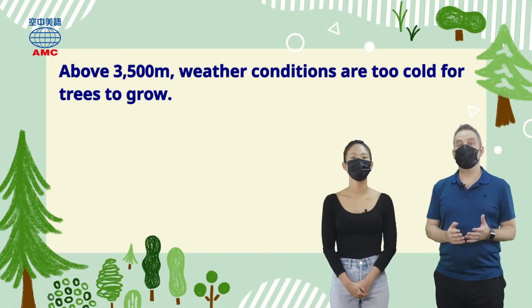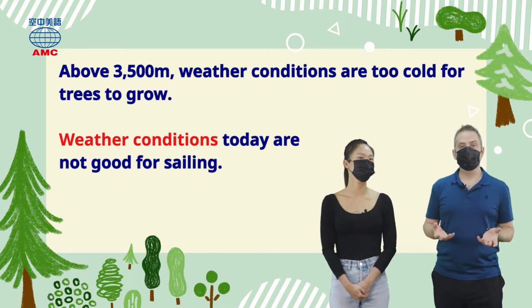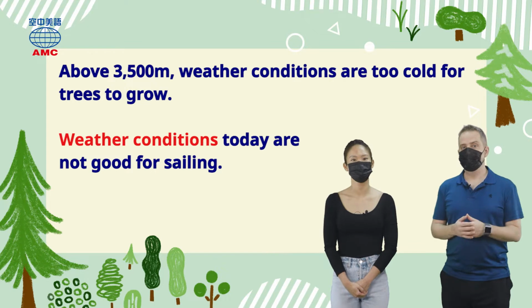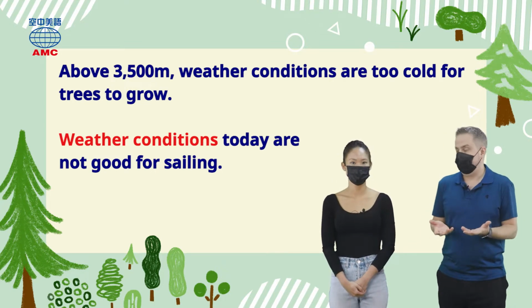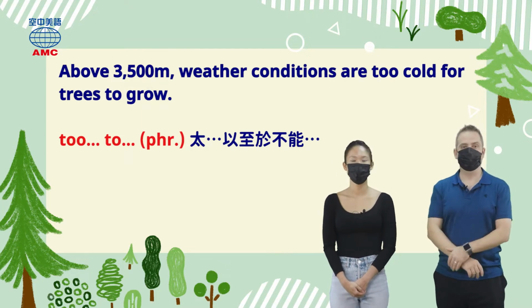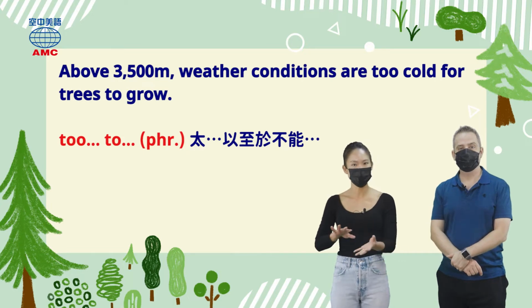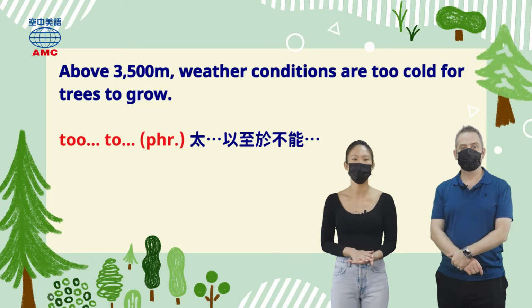We could also say that weather conditions today are not good for sailing, or even say the sailing conditions today are not good. So it's just too windy, too rainy, or not enough wind. We can't sail anywhere. Now what we're saying here is up in these high mountain areas, it's too cold to have any trees. 没错，我们看到 too 的句型代表的是太如何了，以至于后面的事情没办法发生。那我们先进到 Magic Box 听讲师讲解这样的句型咯。